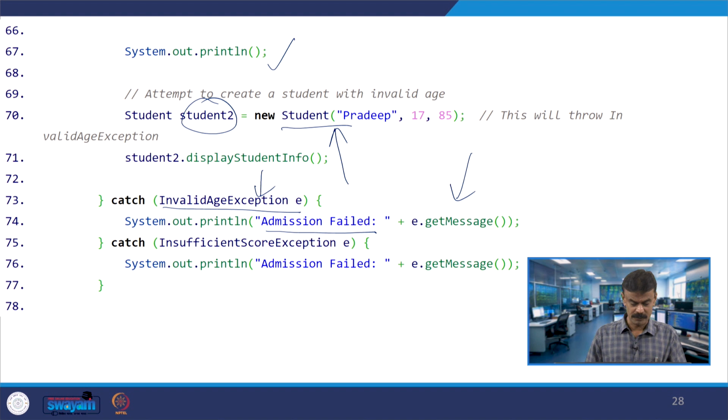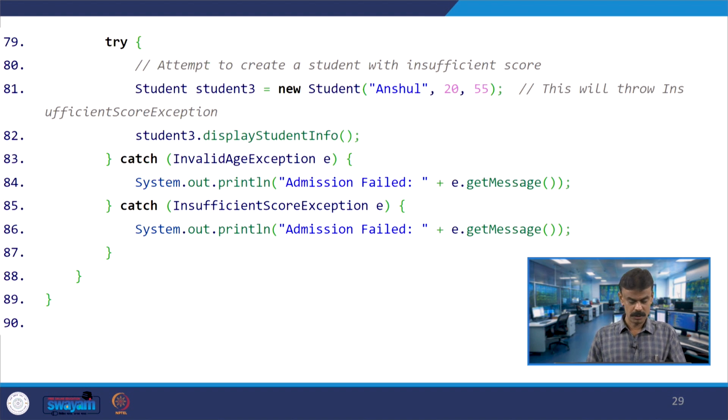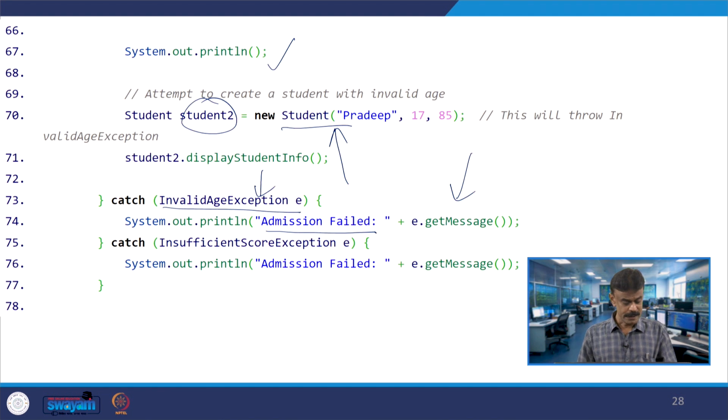I do not think we have any score less than 60, which is not a problem. Maybe let us see one more. Suppose both are wrong, age 17 and let us say the mark is 55. In that case the second catch will also be called.